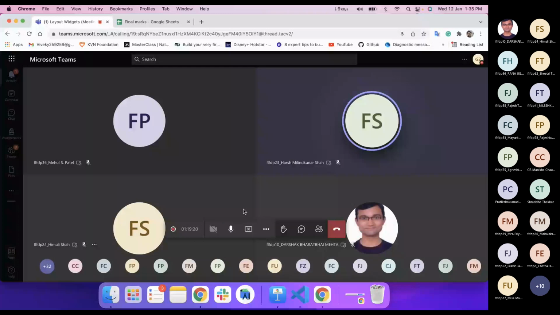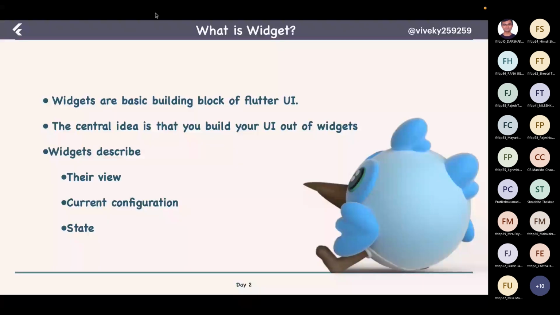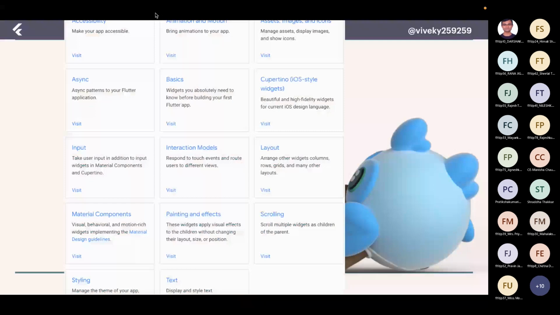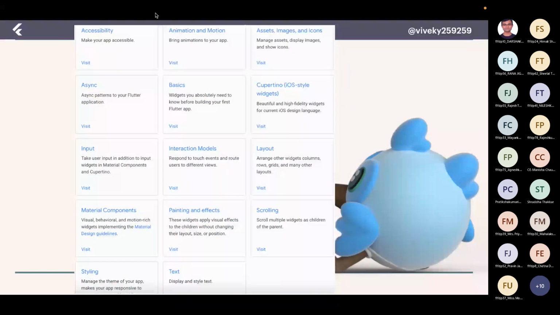Okay, so let's move to our next thing, that is types of widgets. So we have a lot of types of widgets. These are the widgets which are provided by Flutter.